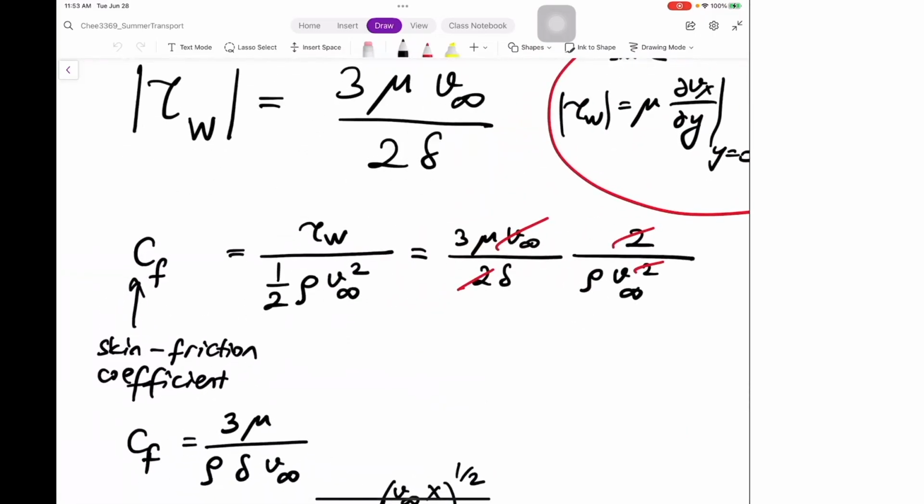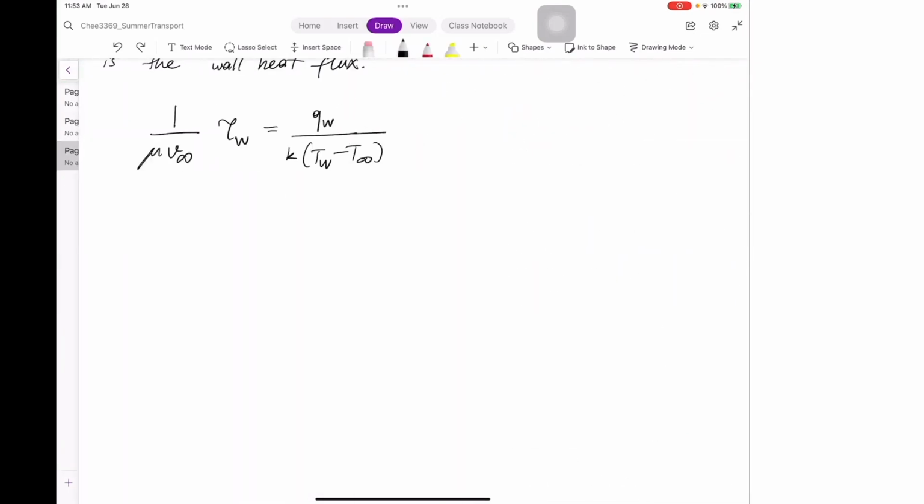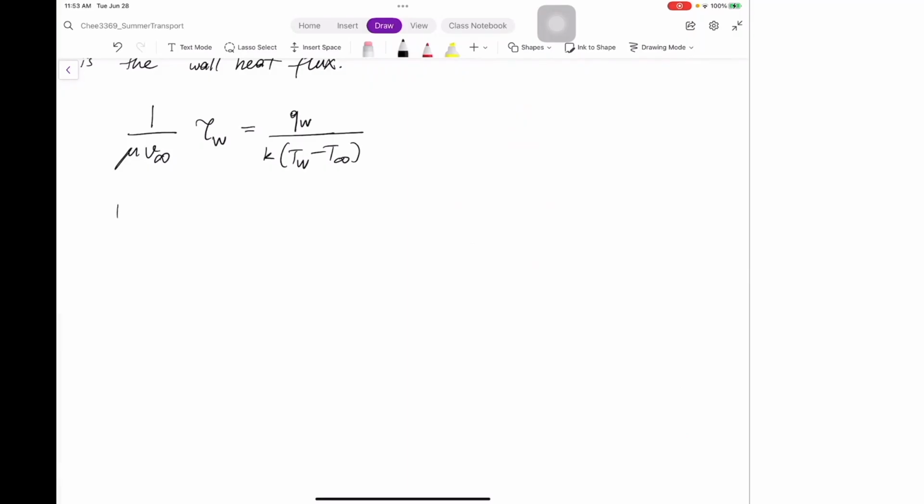So instead of tau wall, you can write down 1/2 rho V infinity squared CF, the skin friction coefficient. So 1 over mu V infinity, 1/2 rho V infinity squared CF is equal to,